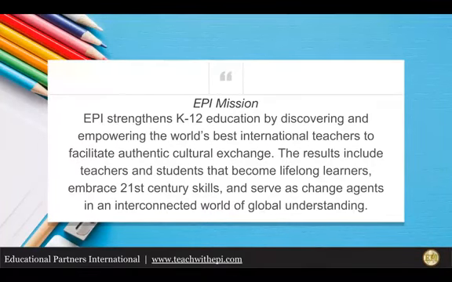As you can read here, our goal is to strengthen K-12 education by discovering and empowering the world's best international teachers in order to facilitate authentic cultural exchange. The results include teachers and students that become lifelong learners, embrace 21st century skills, and serve as change agents in an interconnected world of global understanding.